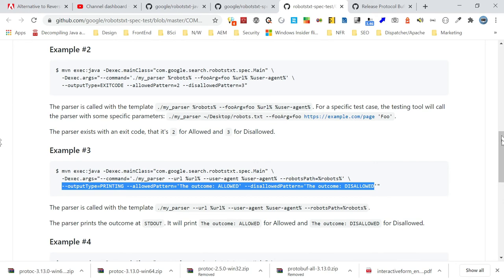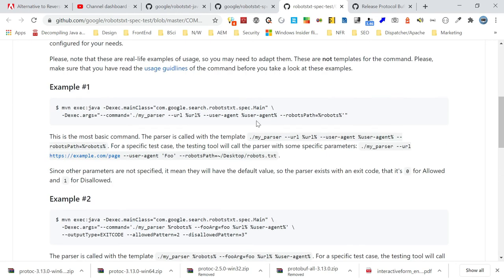Now I'm going to execute one of the sample commands. If you see here, some of the arguments are the class name, then the command, which is the main one. Then here we are specifying my parser. Here you need to give your parser implementation, how to invoke your parser, so that this test framework will test the custom parser. In my case, I am going to test the Java parser that I set up in my local right now.